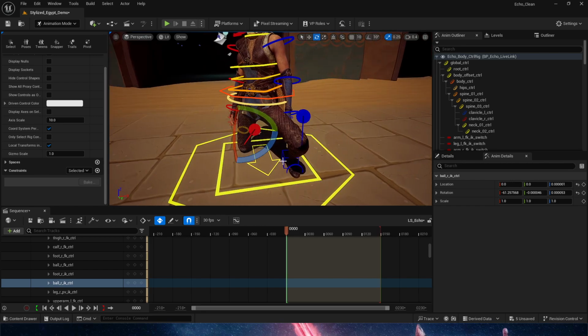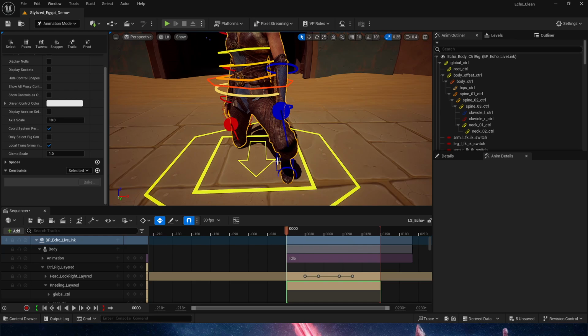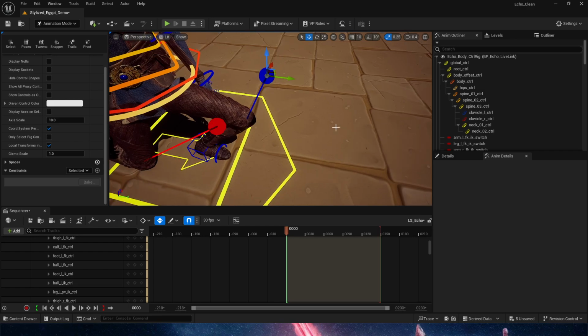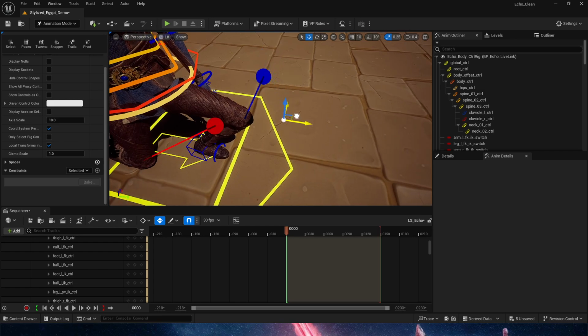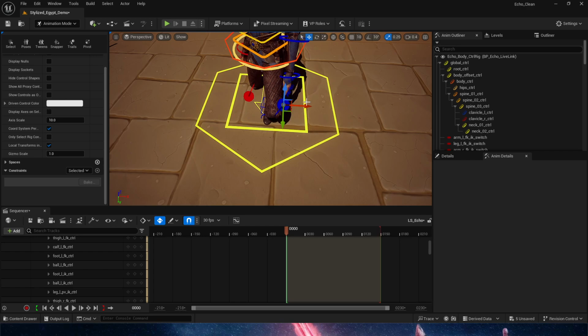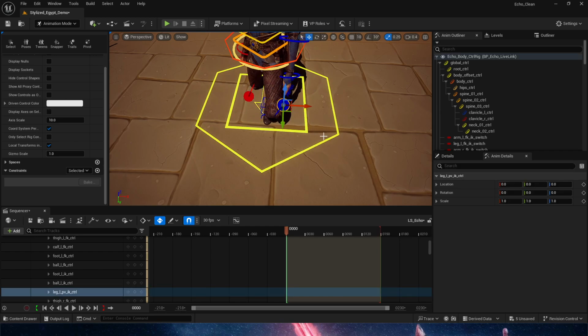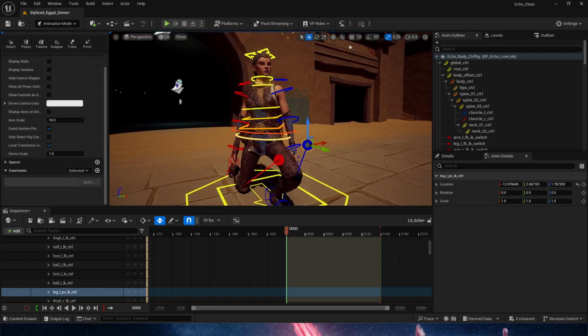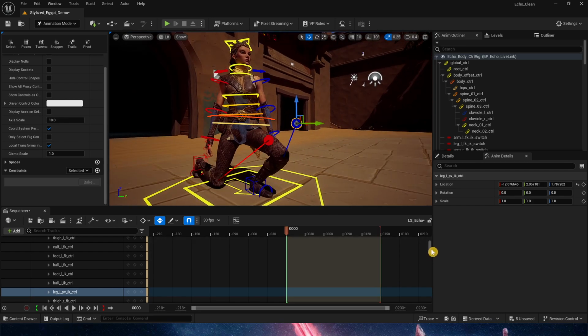We probably want to fix the feet too, so let's go ahead and do that really quickly. Again, pole vectors are going to be our friends here, modifying the direction of the knee. Let's move it into the middle. Come on. There we go. We were selecting a ghost pole vector. And there we are. Something like that. That works great. So now she's going to be running